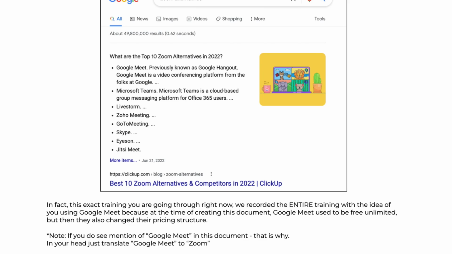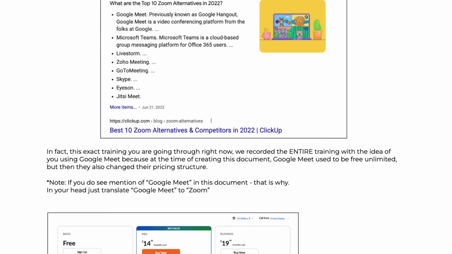And then all of a sudden, Zoom and Google Meet changed their pricing structure and we had to re-record everything from there, okay? That is what I wanted to mention to you: we've really done our best to find an alternative that would allow you to get the job done. And there simply is not an alternative right now that we have been able to find, okay?